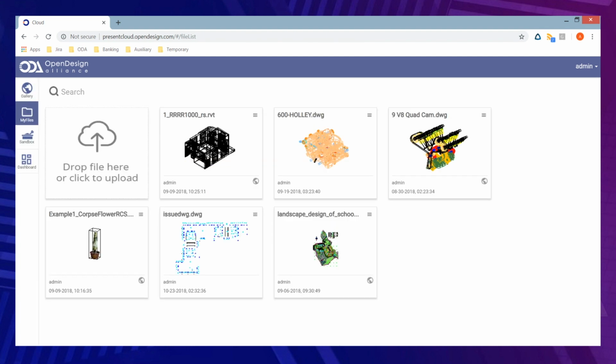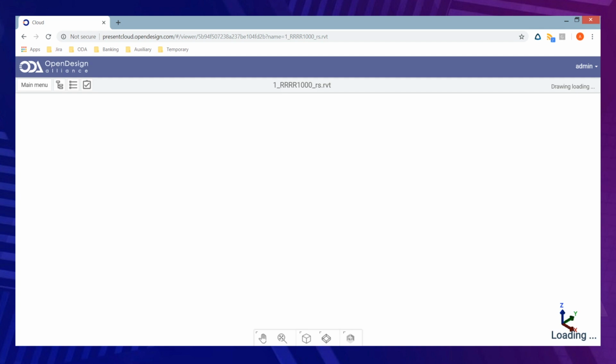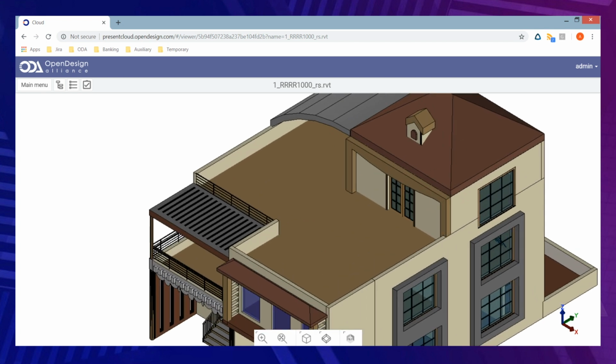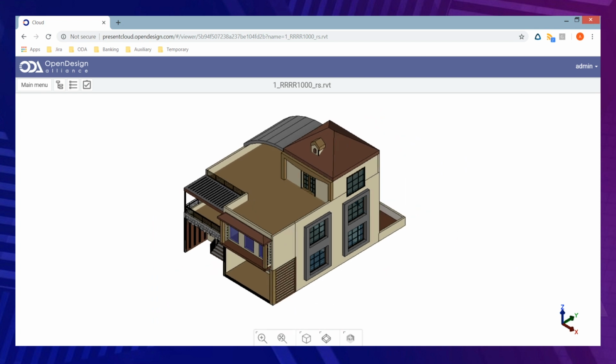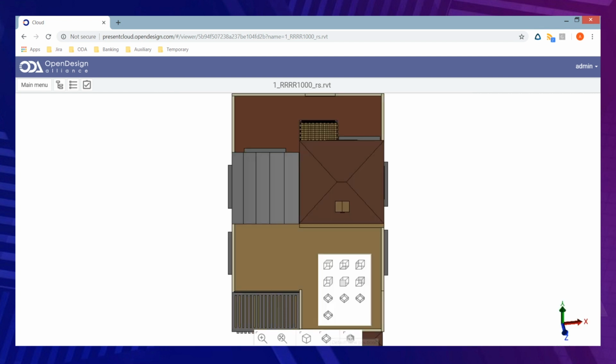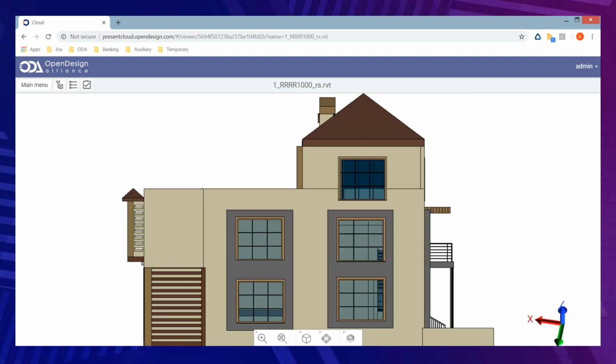Let's open another file. Let's open a Revit file. Here you can see the model of a house. We can switch the camera position and perform the same operations on this file.